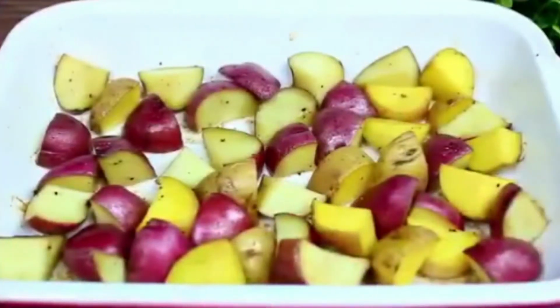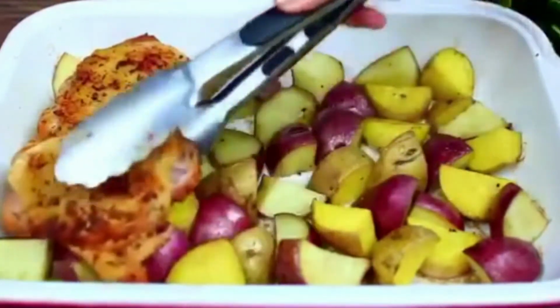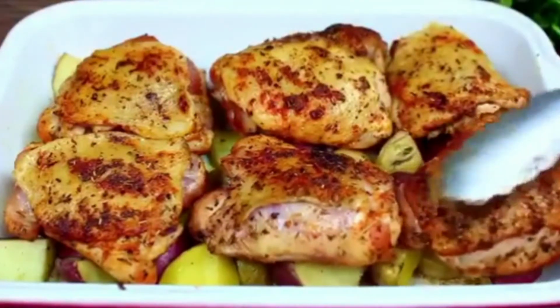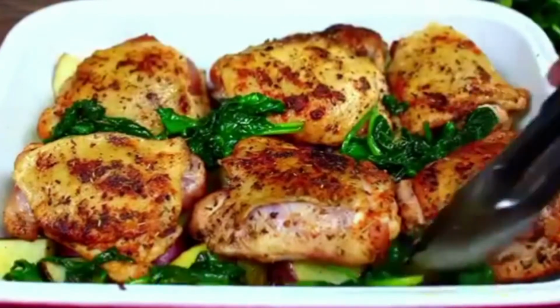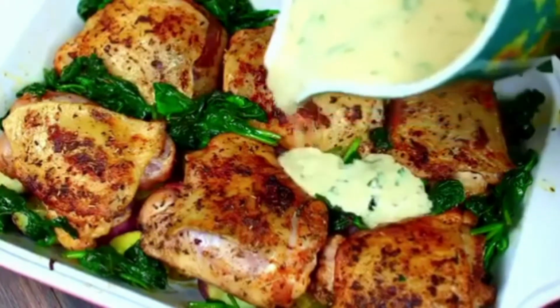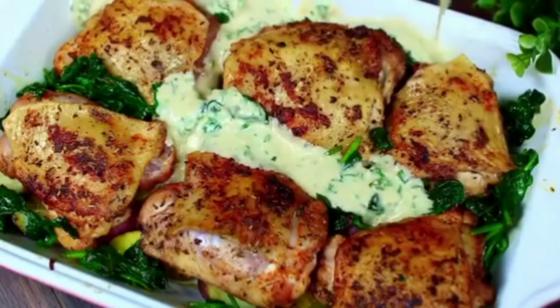So by this time, the potatoes should be partially baked out of the oven. We're going to place the chicken thighs on top of the potatoes. Go ahead and add your sauteed spinach. Just randomly place them in between. Next, I'm going to pour the sauce on the potatoes, and this is going into a 400 degrees Fahrenheit